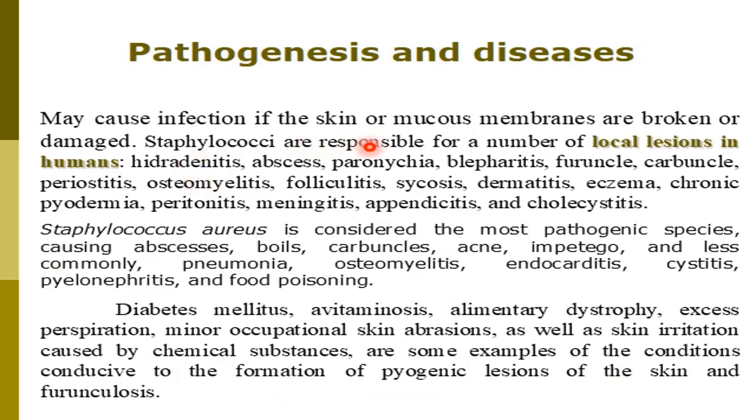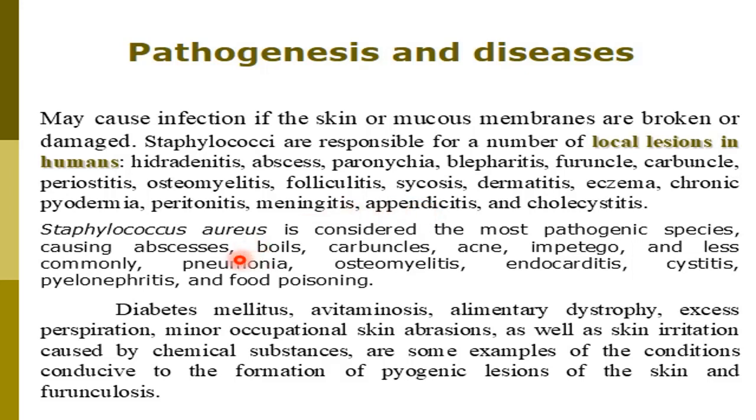It may cause infection also if the skin or mucous membrane, as I mentioned, are broken or damaged. Staphylococci are responsible for a number of local lesions in humans. For example, hidradenitis, abscess, bronchitis, blepharitis, furuncle, carbuncle, periostitis, osteomyelitis, folliculitis, dermatitis, eczema, conjunctivitis, peritonitis, meningitis, appendicitis and cholecystitis. All of these are very, very important